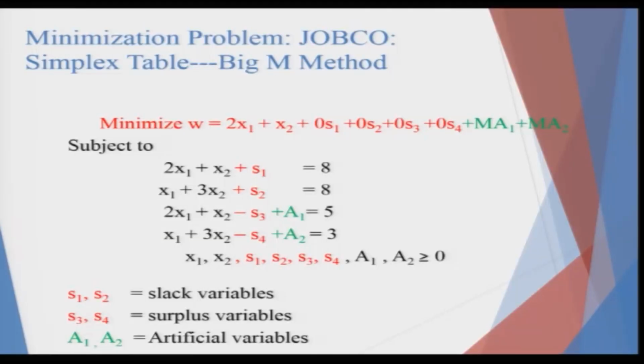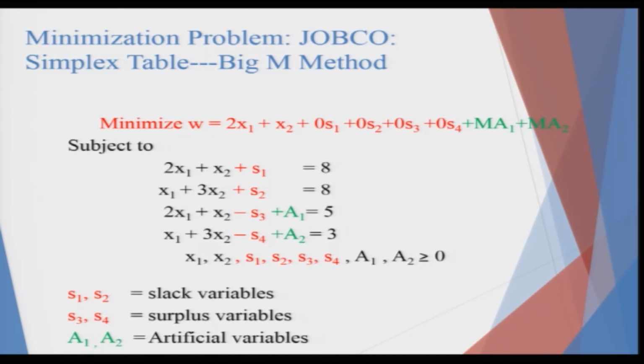So, the big M method actually means that you are basically adding a huge value onto the artificial variables, such that in the long run their overall effect when the problem is solved basically becomes 0. Now, when you start off this problem, you will have S1 and S2 as the slacks, because you are adding them, S3 and S4 as surplus, because you are negating them to reduce the third and the fourth constraints, and A1 and A2 are the artificial variables which have been added to the third and the fourth constraints. So, the tableau would basically be accordingly.